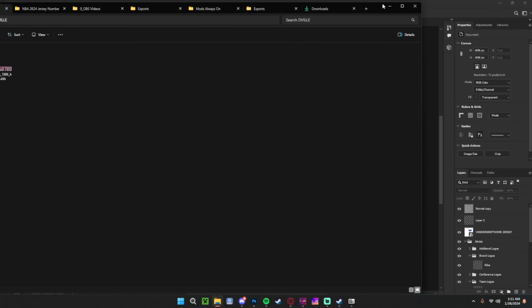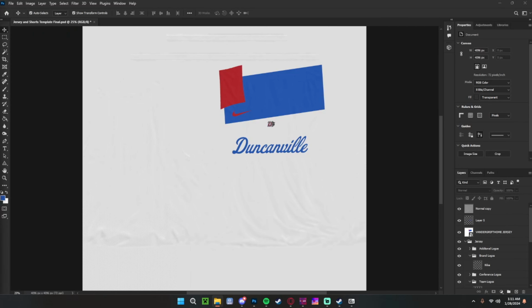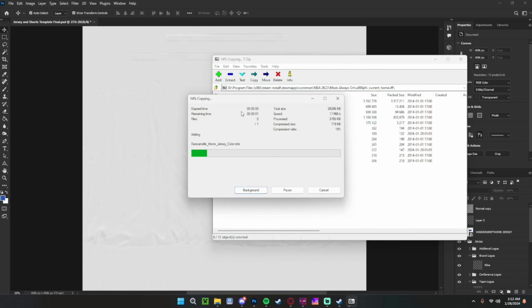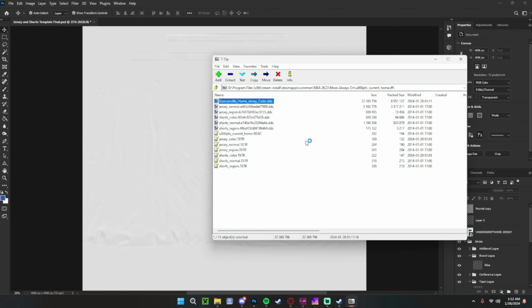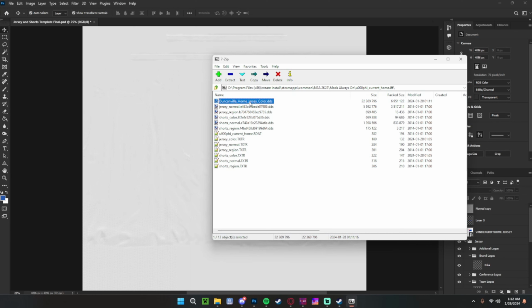Once you've saved it, it's gonna be in your folder wherever you put it. You want to reopen your file. I'm just gonna delete this jersey color file, and then you're gonna drag your newly made jersey color into here. This is how it would look. You're gonna want to press your right click, rename, copy it,